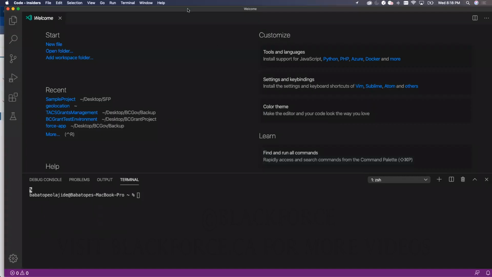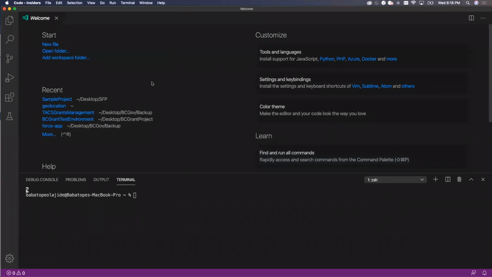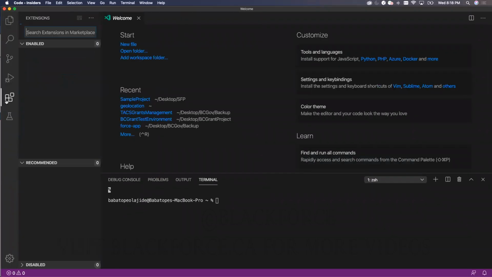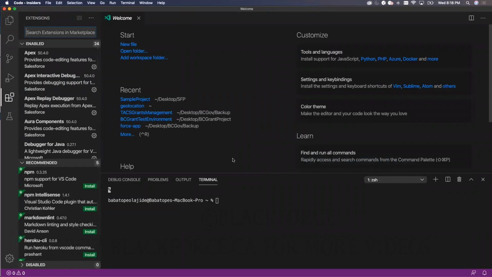Okay, so now that we have that, the next thing we need to do is install. We need to install the plugins that are needed to make us connect to the org. What does that mean? It means that this is just a Visual Studio Code. However, if you install what they call the Salesforce CLI,